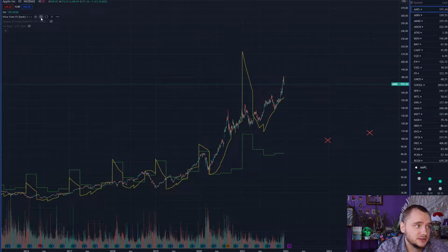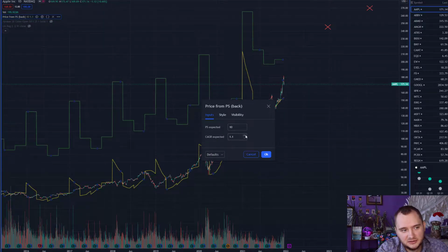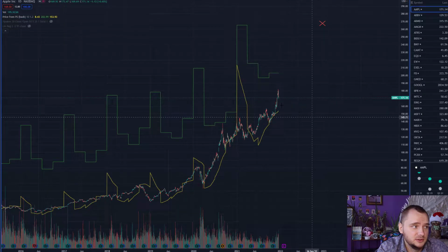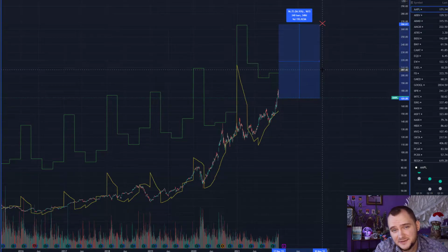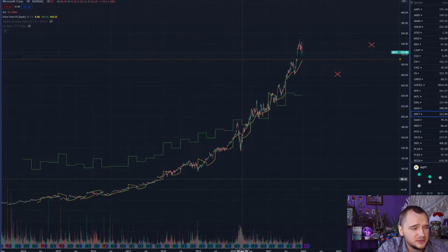But if you think that price to sales 10 and CAGR 1.2 is a more fair value for Apple, you can buy it and hold it and wait for plus 50%. Next stock is Microsoft, and it is a little bit complicated because Microsoft from 2015 and Microsoft